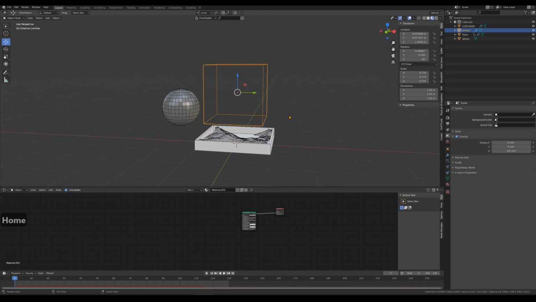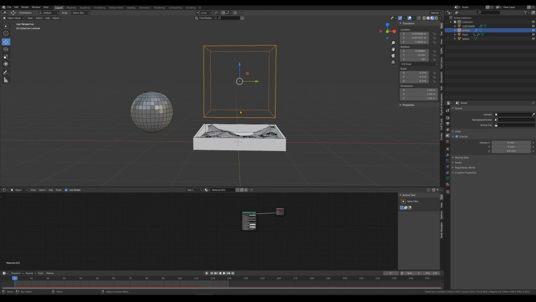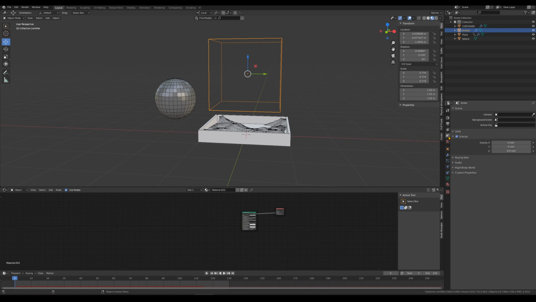So to do that, what we have to do is actually make sure that our particles are falling. Right now they fall in the z direction. We need to make sure that they fall in the x direction on this side. So we'll go into the scene settings, and the gravitation is acting in the z direction. So if you make that 0 and just put minus 9.8 in x, so the particles will be falling this